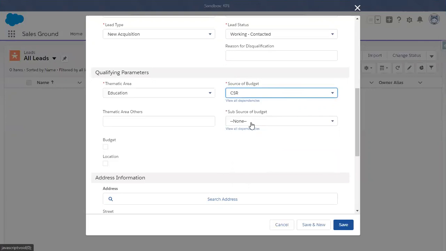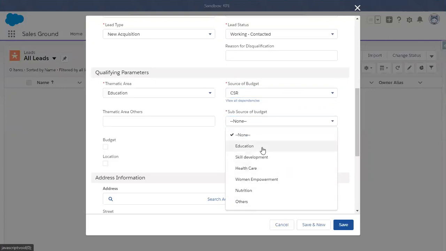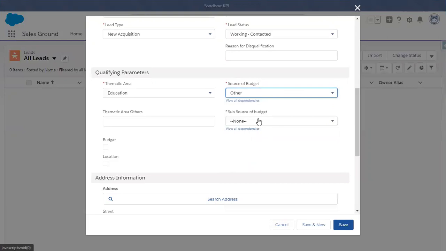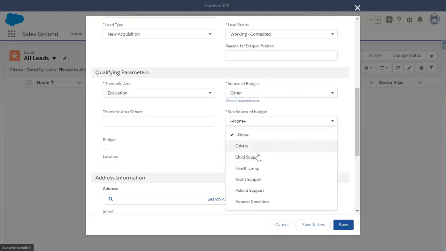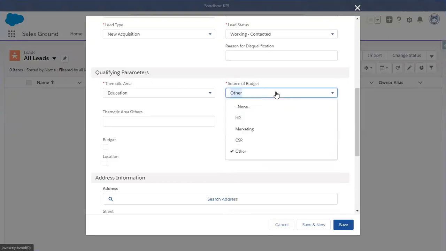If I choose CSR, then we have these options like education, skill development, healthcare, women empowerment, nutrition, and others. And if I choose other, then others, child support, healthcare, youth support, patient support, general donation. So we can select these many options as per the source of budget. All right, so let's move on with this HR budget,